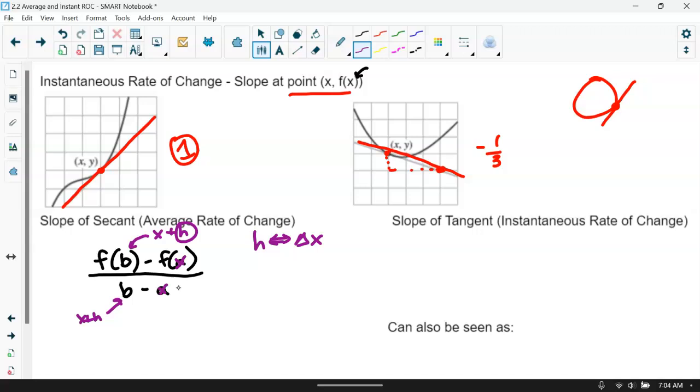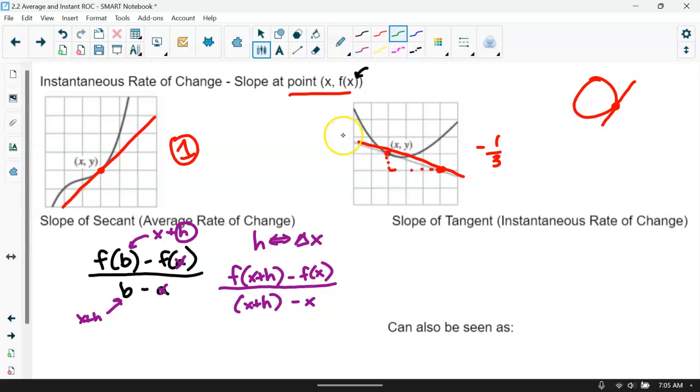Another way of looking at the slope of a secant line is f of x plus h minus f of x, that's your change in y, over x plus h minus x. So again, substituting the b value with x plus h, representing your change in the x value, and overall change in y. That means now, guys, our slope for the tangent, the instantaneous rate of change,